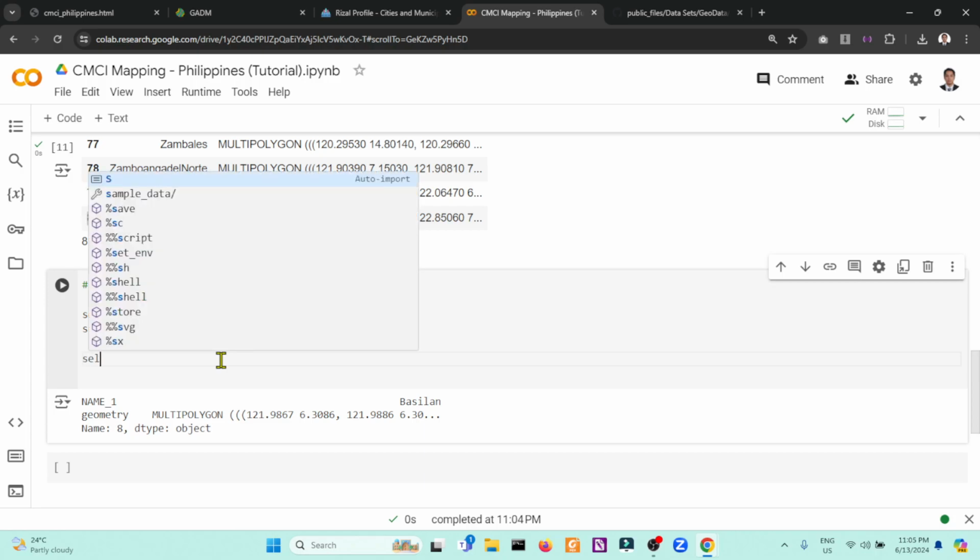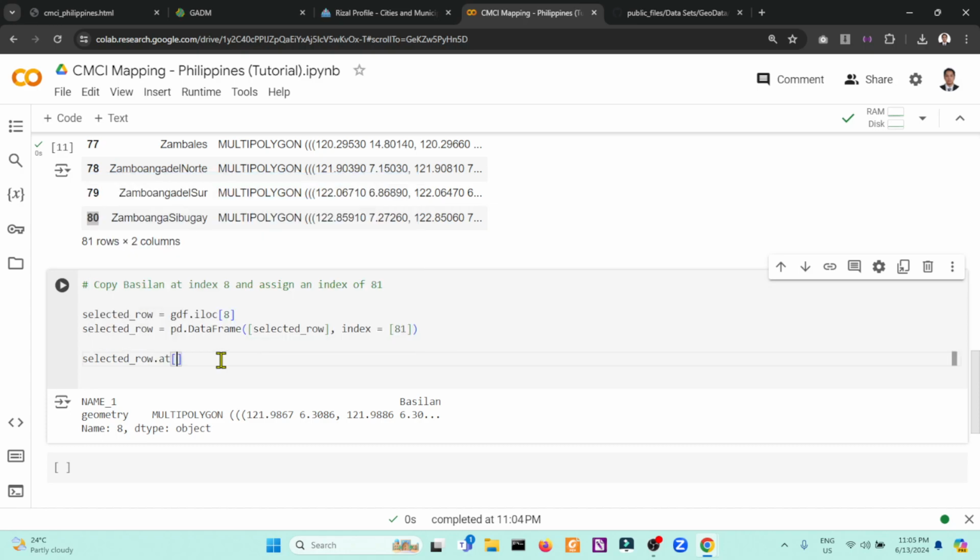So to continue, selected row at 81 means I have a selected row at a specific index of 81, then name 1 is equivalent to Basilan 9. This is used to access a single value for a row-column pair. Here, it accesses the name 1 column for the row with index 81.